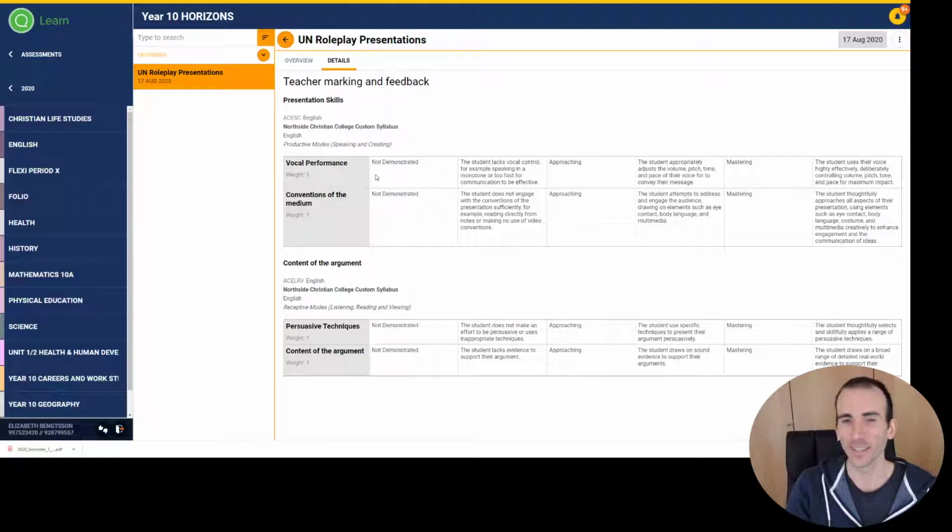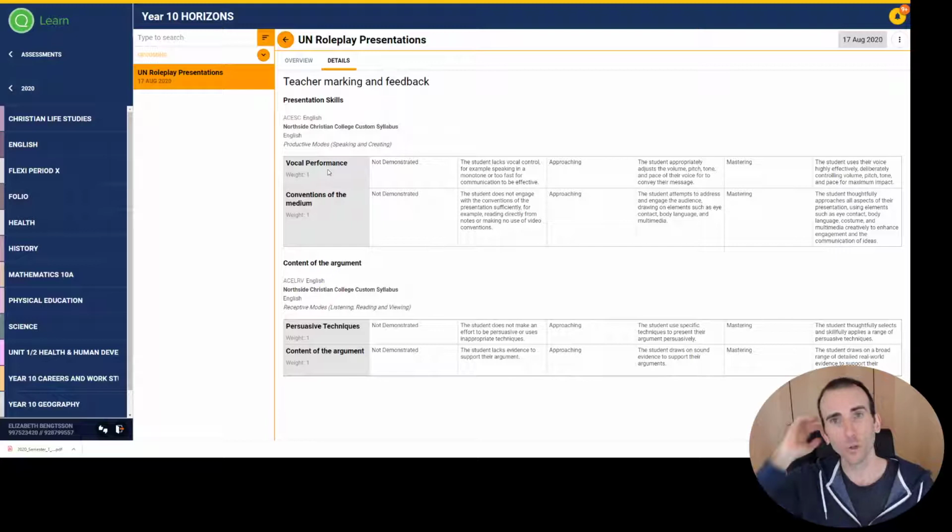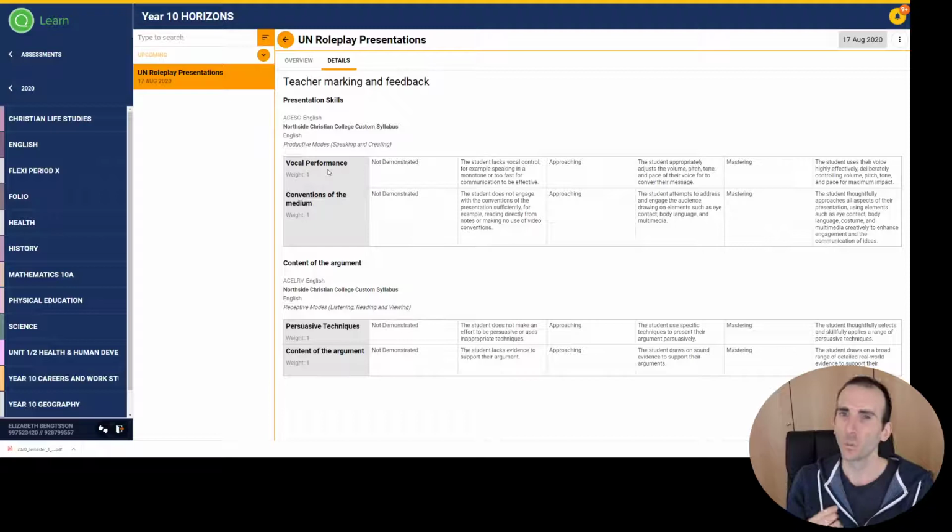a lot of fun, I think. So the first thing is, I'm looking for your vocal performance. You are taking on a particular role, and you are meant to reflect that role in the way you speak, and you are meant to speak persuasively. It needs to be appropriate for the delegation you're representing and for the audience, the UN, while adding a little bit of fun on top of that.